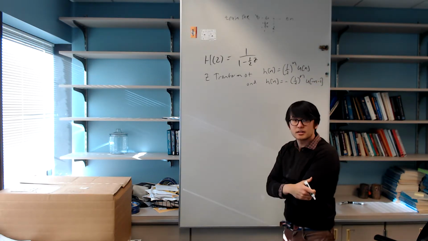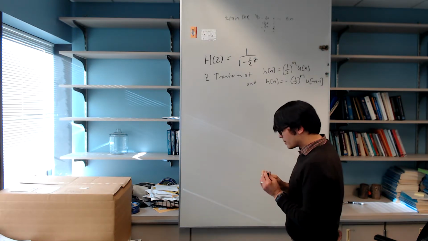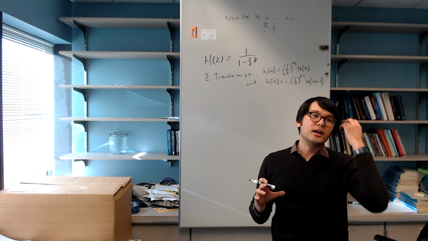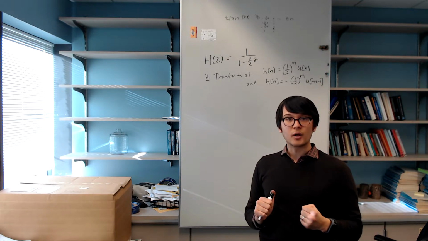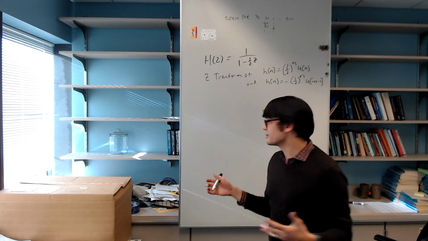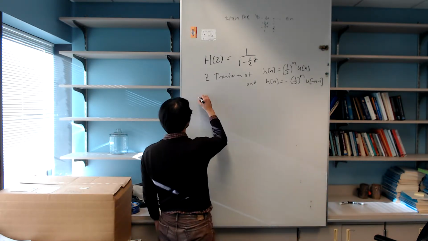All right. And so remember, causal systems, let's just take a step back, are ones that don't depend on the future at all. And so very similar to what we had in continuous time, in discrete time,